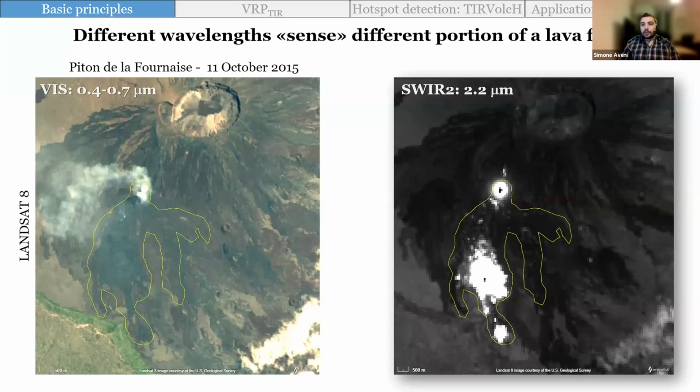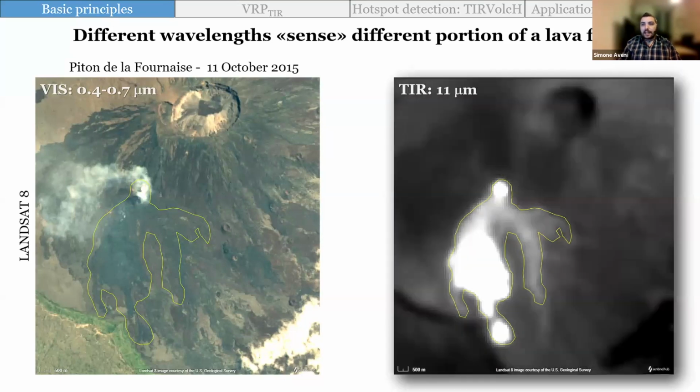What about if we then move to the very end of the thermal infrared spectrum at 11 microns? At 11 microns, we can start to see some regions that were not visible at all in the shortwave infrared, and these are indeed the cooling branches of the lava field that was emplaced a long time ago, well, days ago. No, I'm not exactly sure when. But the interesting thing is that you can still see this thermal signature, this anomaly, days, months, and you will see later, years after the eruption has ended and the lava flow is in the cooling process.